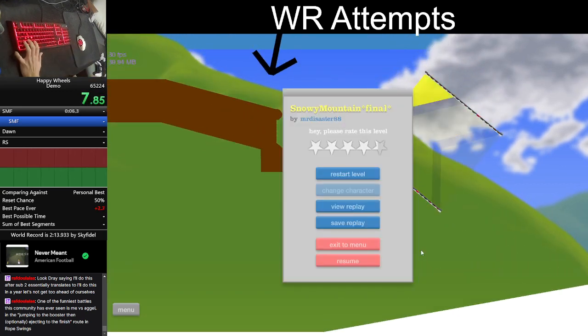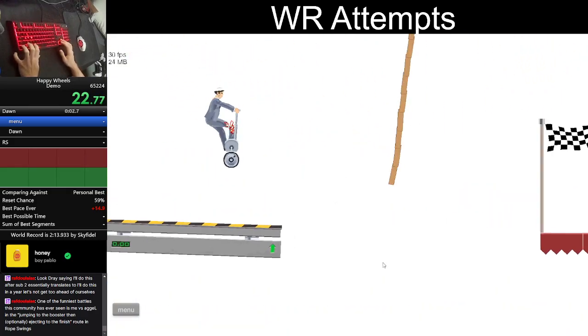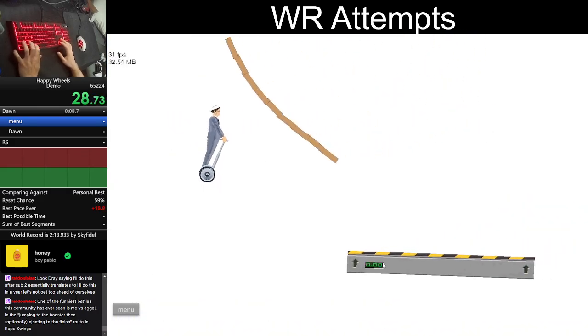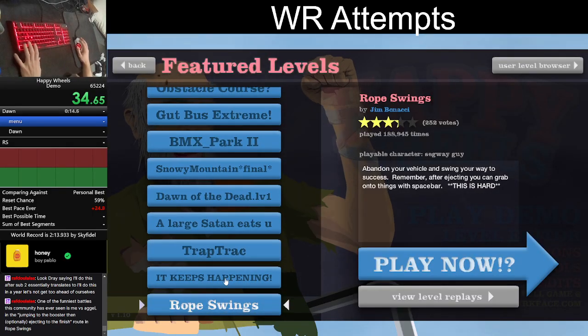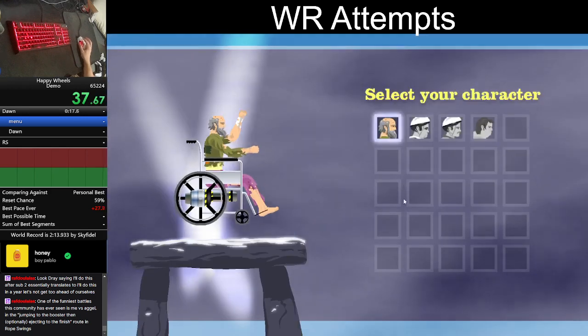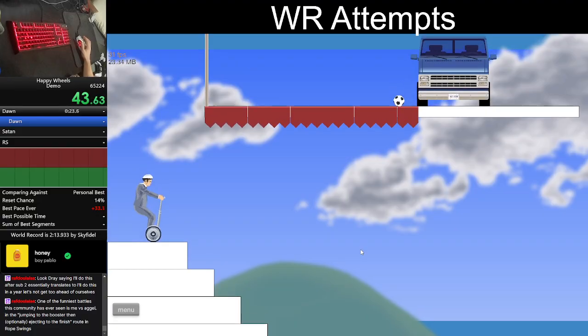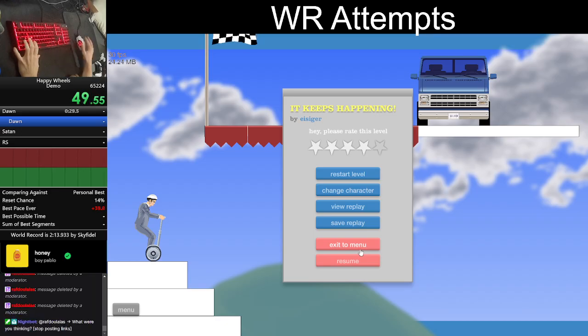One of the funniest battles this community has ever seen is me versus AGL and the jumping to the booster, then optionally ejecting to the finish. The booster finish in Rope Swings was the original way to skip it before somehow. Was I the first one to do that, or was it on TJF, but no one brought it to this game? You just do that, and then you'll bounce to the finish. I found it independently before I knew about